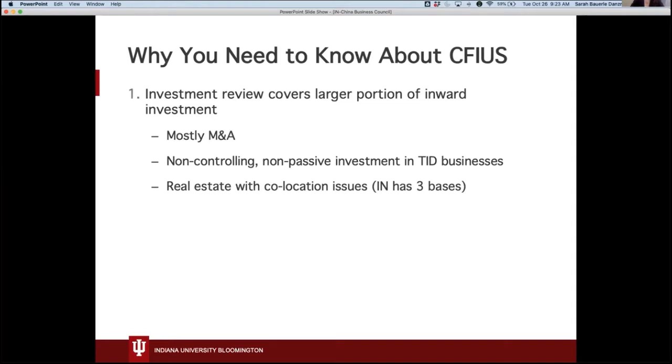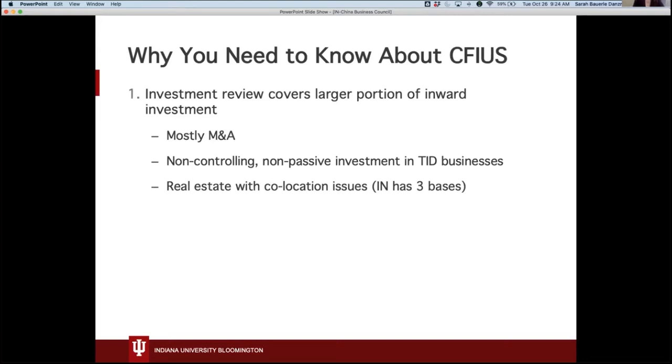the buying of real estate or leasing of real estate if it confers upon the lessee a number of rights, and this deals with co-location issues. So there's actually a place that you can look to see where in the US real estate creates a CFIUS filing component. A lot of this has to do with co-location with military bases. Indiana has 3 bases, and so there are certain areas in Indiana in which real estate filings for